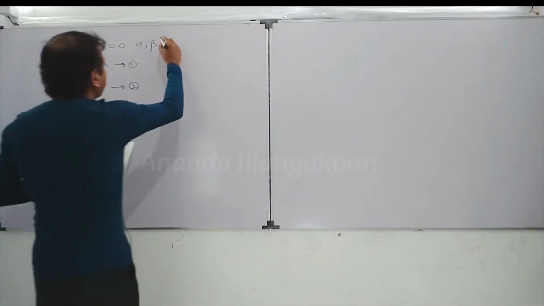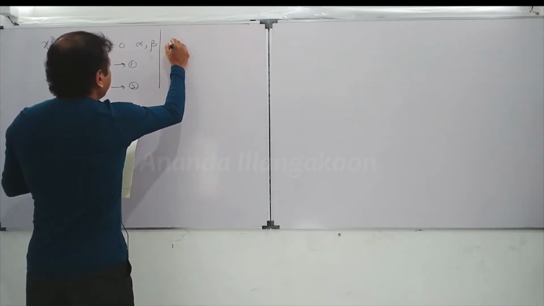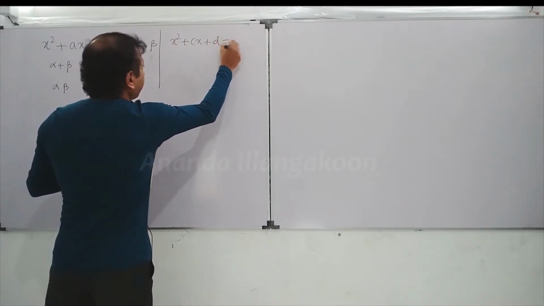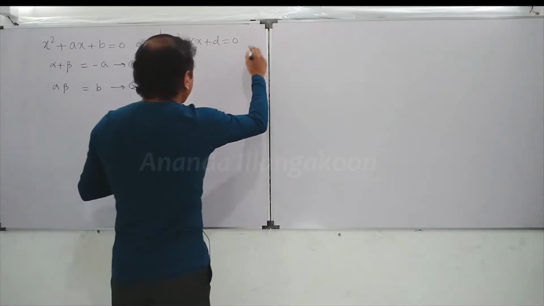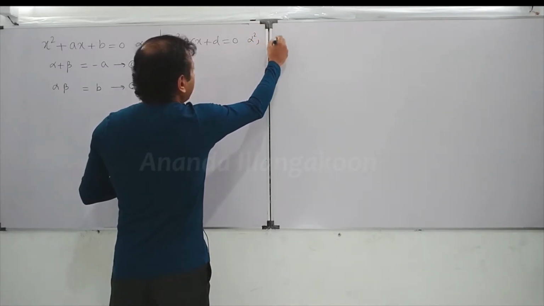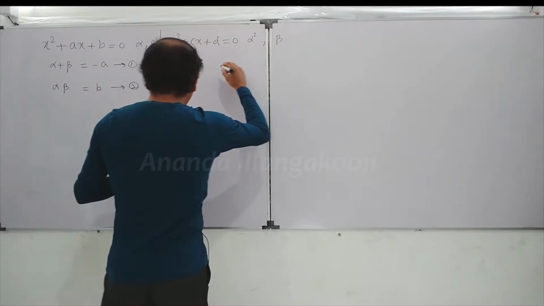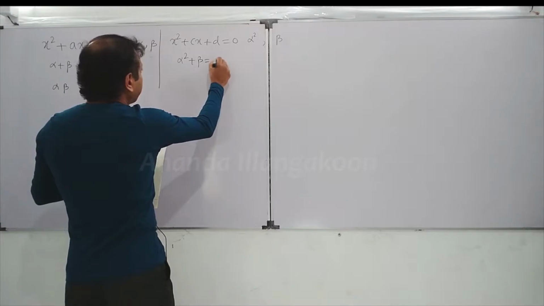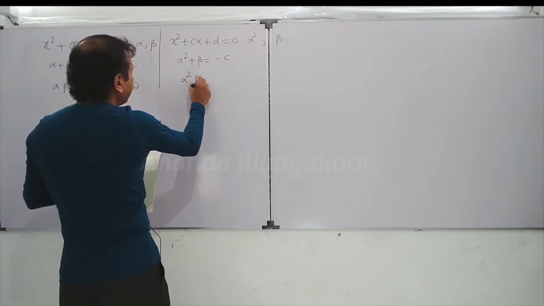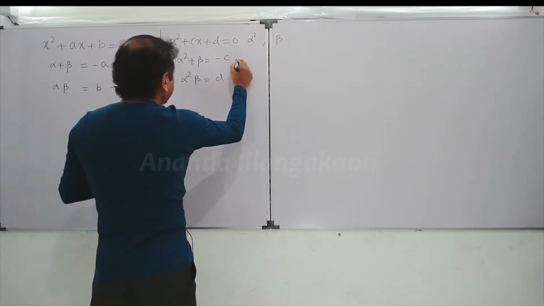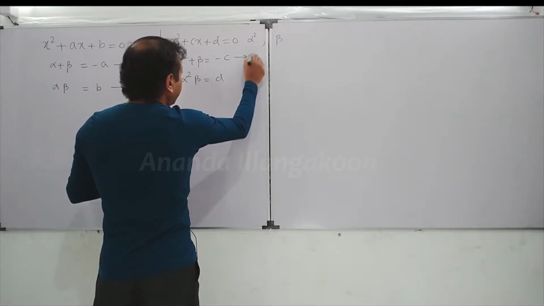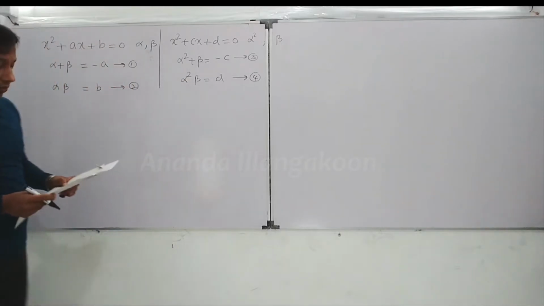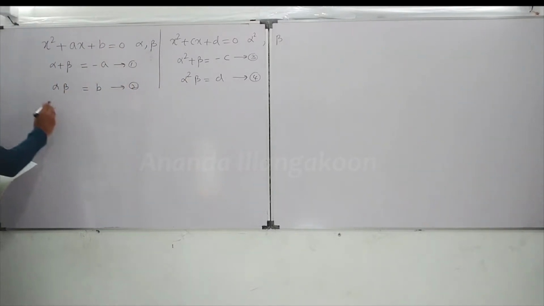And the other quadratic equation, x squared plus cx plus d equals 0. Its roots are given as one is alpha squared, the other one is beta. The sum of the roots we can write is minus c, the product of the roots is d. Let us take this as number 3 and this as number 4. Right. Now by number 4,